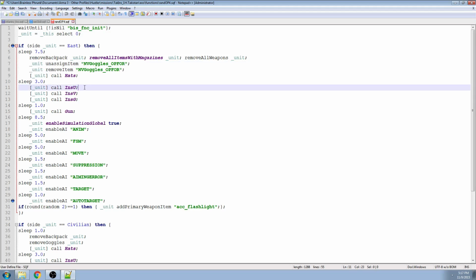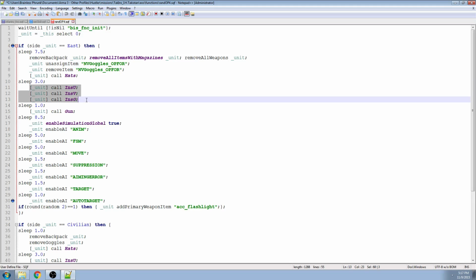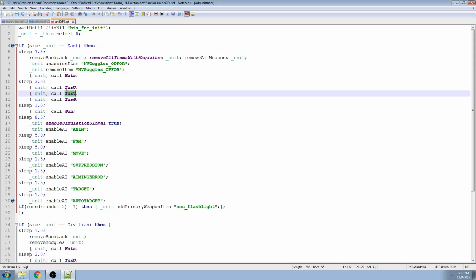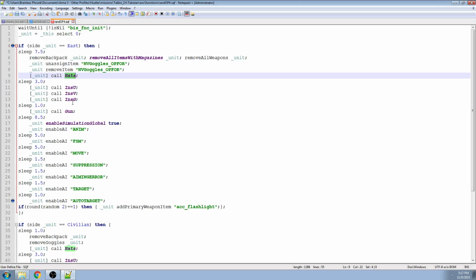It gets rid of his night vision goggles. It randomizes his little hat. It'll randomize his uniform, vest, and goggles. By the way, these are custom functions that I've made in another script. These right here are all custom functions, so don't use these in your own mission unless you've